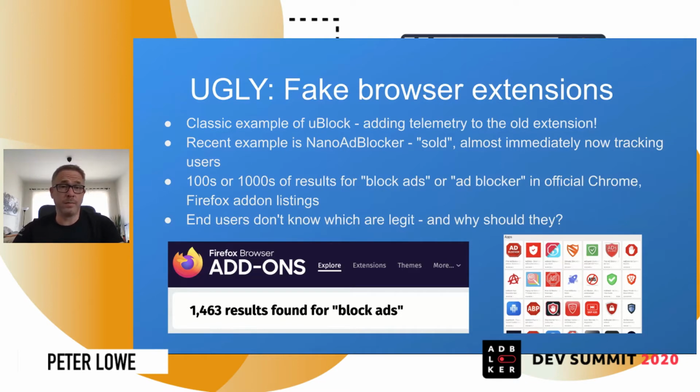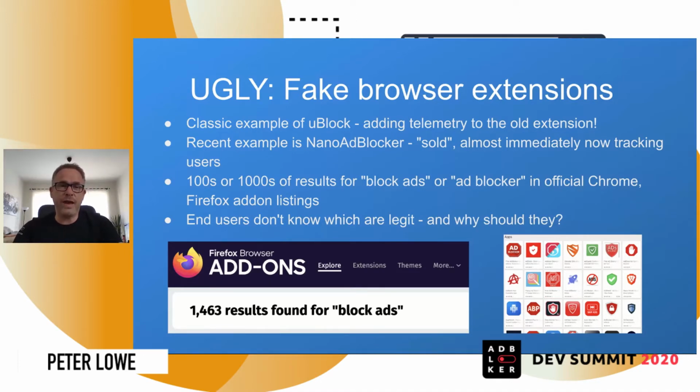A really recent example, which actually had a big news story today, was Nano Adblocker. That's been sold, put it in quotes because it's a bit unclear about exactly what was passed on and what wasn't, at least to me. And it's now almost immediately tracking users and doing a lot of other pretty horrible stuff. I really need to update this slide because the thing that we've heard is that it's liking images on Instagram for accounts which aren't following anything and are nothing to do with people who have the Nano Adblocker installed.